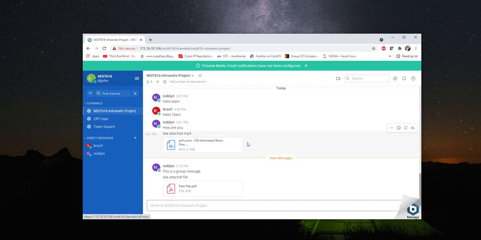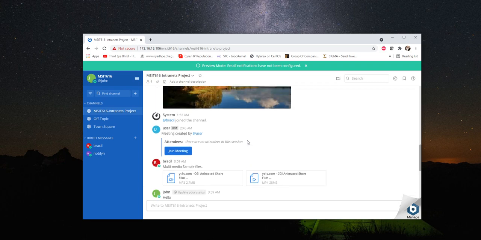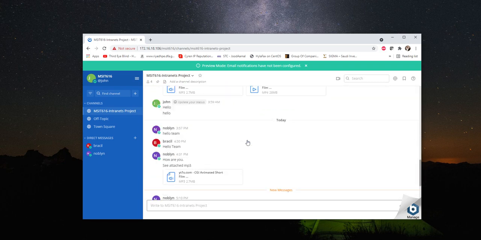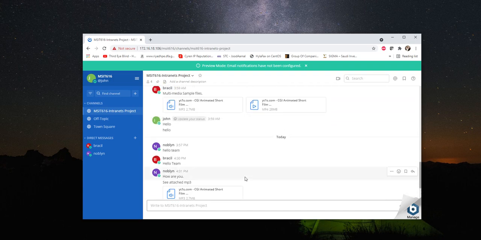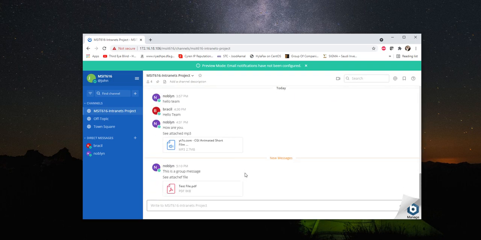So as you can see, whatever the team was sending as messages to the group chat, I am as well able to receive it. So this is how the communication and collaboration software demonstrates how it is being used